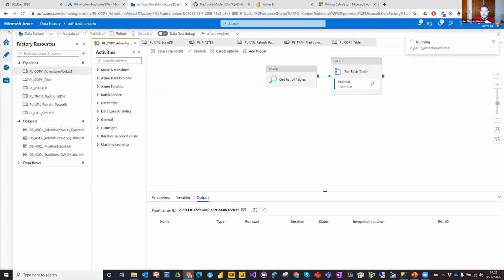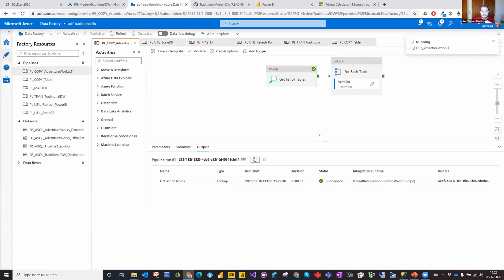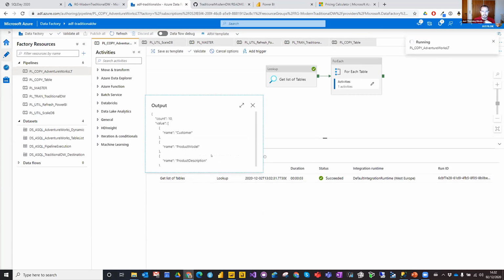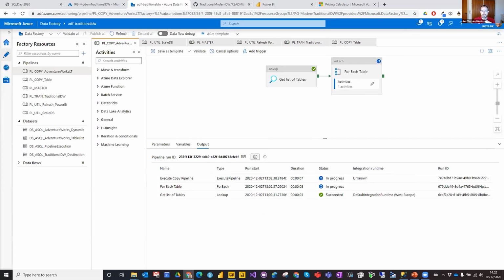Yeah, and I can look here, and it's starting up and getting the list. I can see here, yeah, it's getting the list. And then if I refresh it, it's going in and executing the pipeline. And we should see here that it's then getting a lot of different